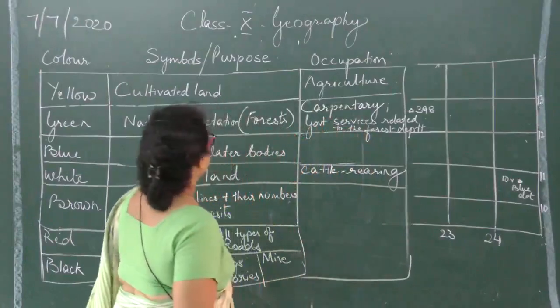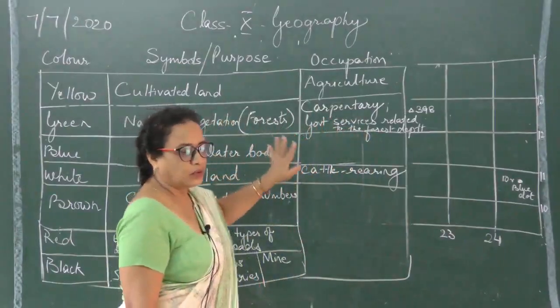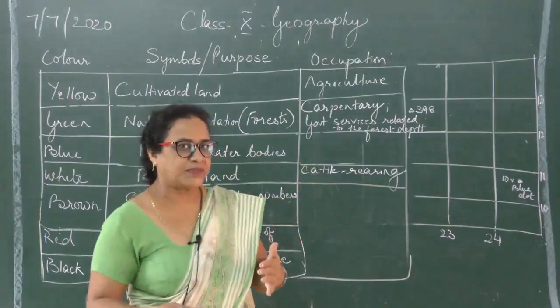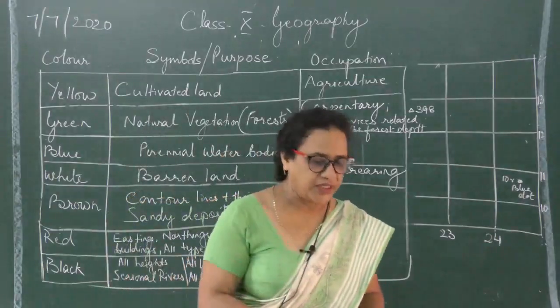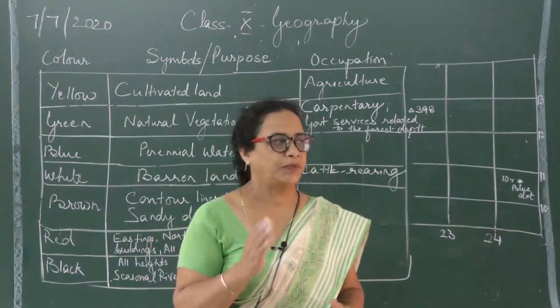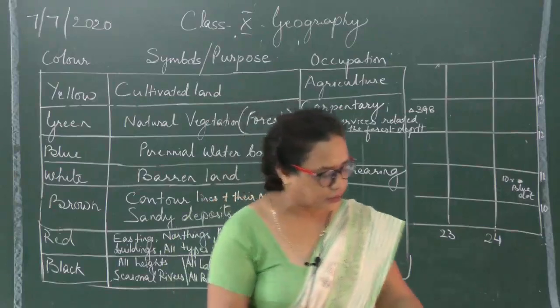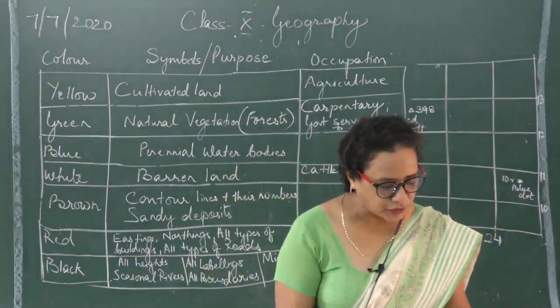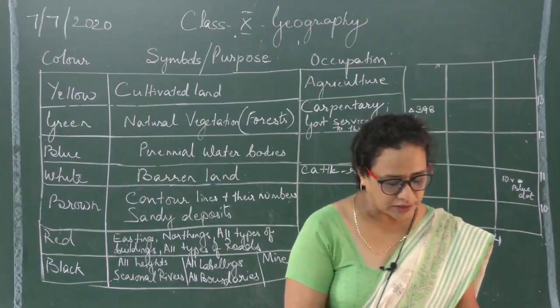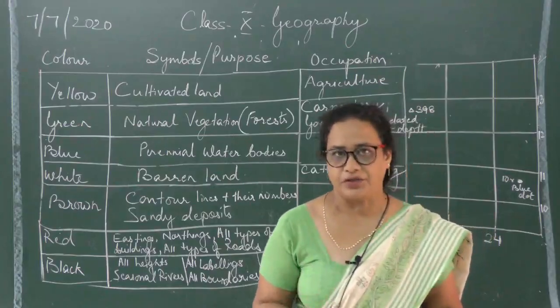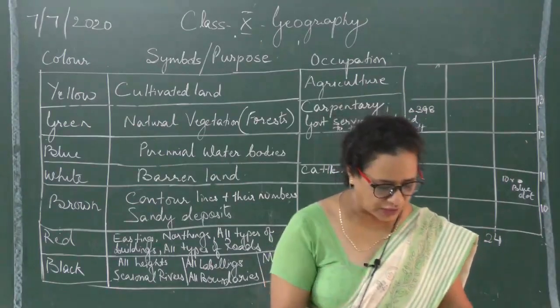And please go through the colors, go through the symbols, whatever has been done so far, please read about it in the chapter and try to practice the questions on it. The questions you will find related to the maps on that is numbered as chapter 5 in your textbooks. Okay, so thank you for today.